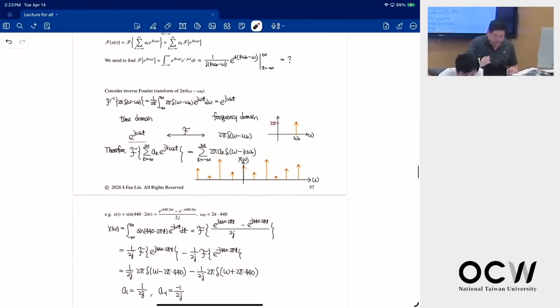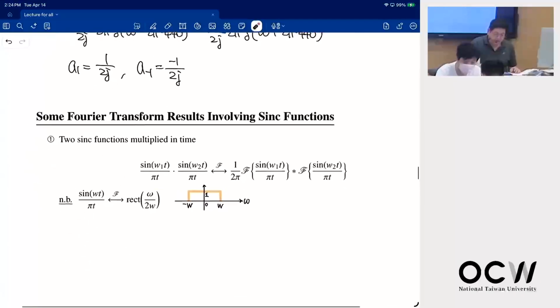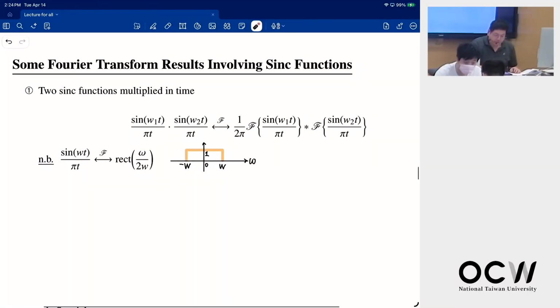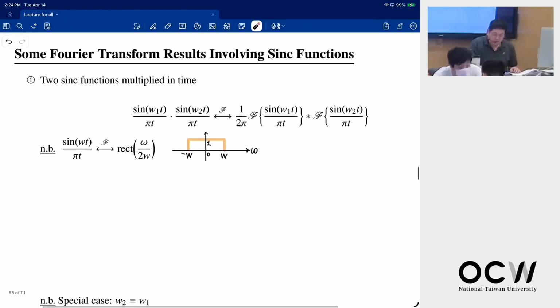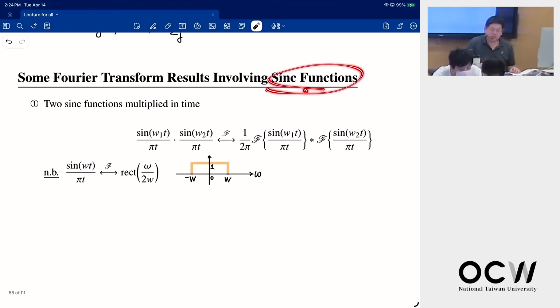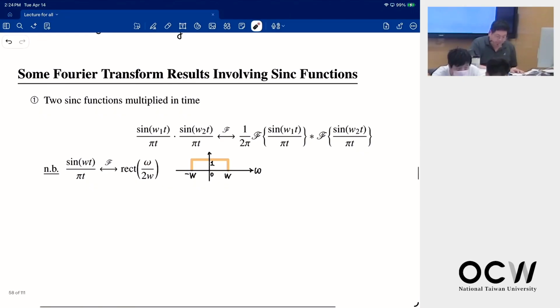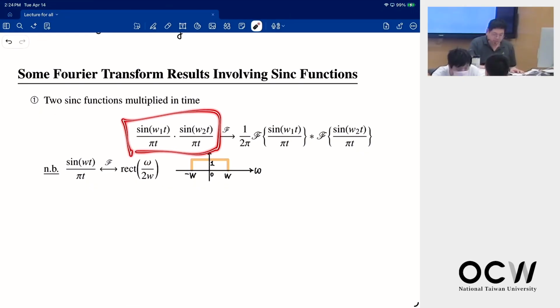Right, today we are going to talk about, I'll say, sort of the application of what we learned, the Fourier transform. Very important, some Fourier transform with the sinc functions. Okay, so first, if I have two functions multiplied in time, so for sinc functions,